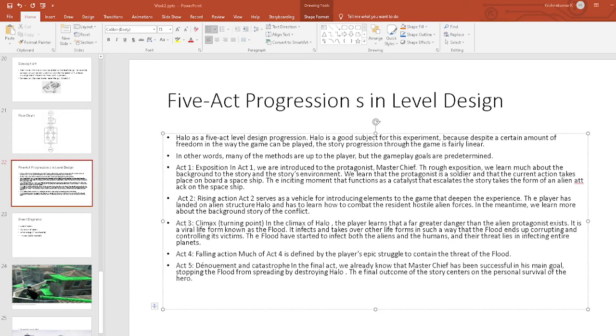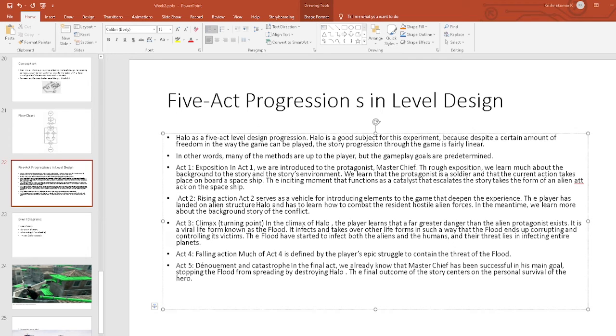Now we will talk about 5-act progressions in level design. This is kind of an act-based scenario where we will be using acts to document the level design.